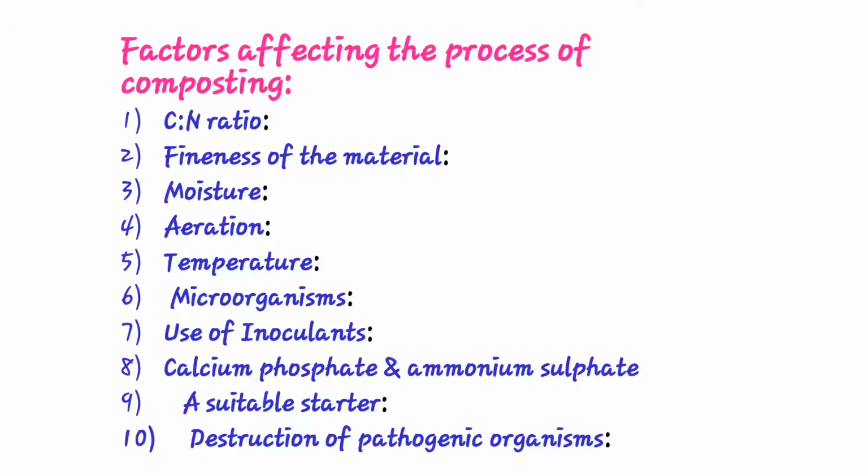So first is the C:N ratio. If a wider C:N ratio is used, that is, the carbon percentage is higher relative to nitrogen, then the microorganisms fix the available nutrients for their own use. If it is not available to the crops, then in the process of compost making, the C:N ratio should also be lowered to 20 or below 20.